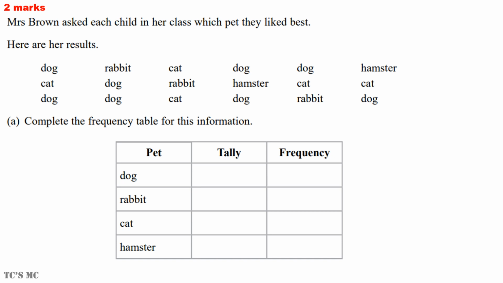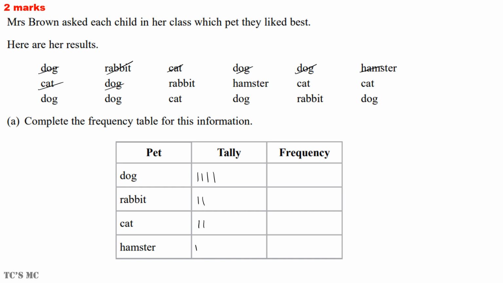Mrs. Brown asked each child in her class which pet they liked best. Here are her results. Complete the frequency table for this information. I'm going to start by filling in the tally column first. So we have dog, cross it out, rabbit, cat, dog, dog, hamster, cat, dog,